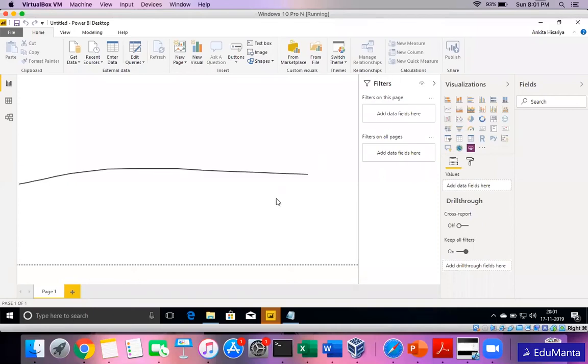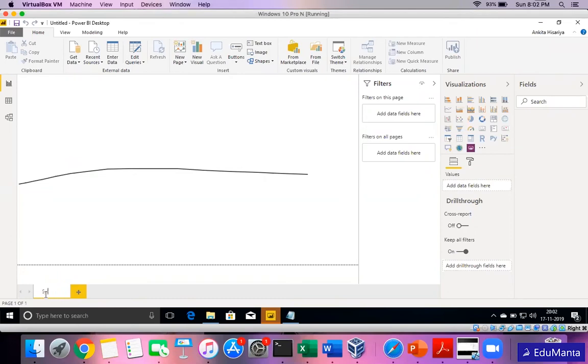Here you see a blank Power BI desktop window. And as I explained yesterday, we'll just go quickly through it. We have three main panes in Power BI desktop. One is the report, which is the pane that you are seeing right now, where we draw any visualization used for reporting. By default, we have one page, but we can add any number of pages to the report as per requirement using the plus icon here or using the new page option on the top of the ribbon. And I can rename this page as per the requirement.